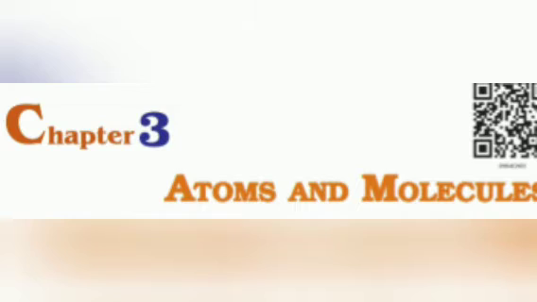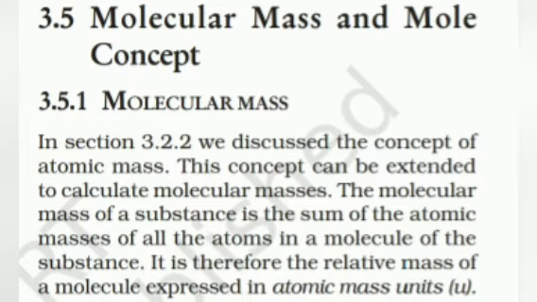Hello students, Standard 9, Science Chapter 3, Atoms and Molecules. This is part 3 of this lesson. In the first and second parts, we have discussed atoms, ions, how these ions form, and the compounds and molecules of the atoms, the arrangements of atoms, and how to adjust their valencies. Let us move ahead to discuss molecular mass and the mole concept.